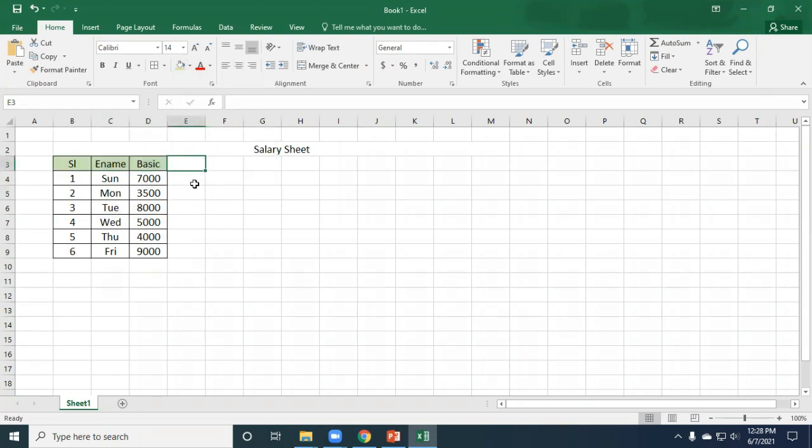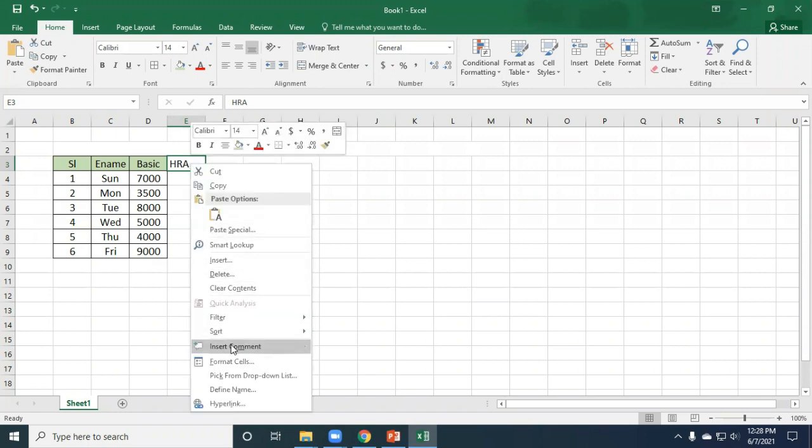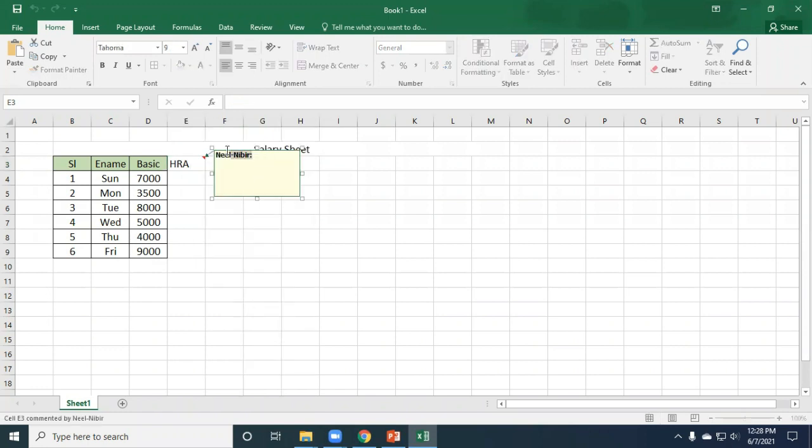Now we are going to use HRA. We have learned how to add comments. What is the meaning of HRA? If I write the full meaning, house rent allowance, it will take long and you have to increase the column width. Without increasing column width, you can insert a comment so that the user will understand what HRA means: house rent allowance.